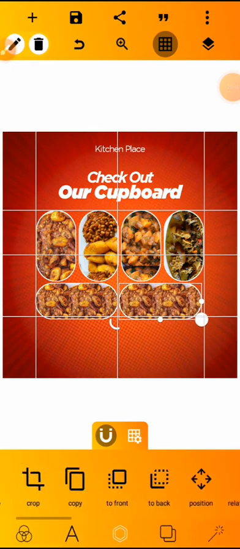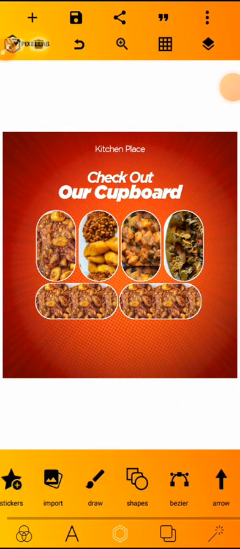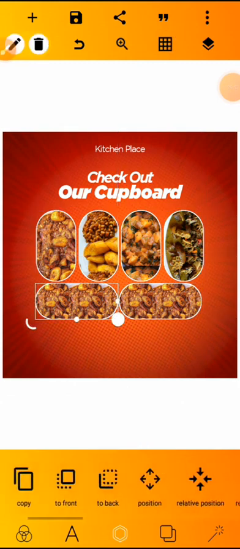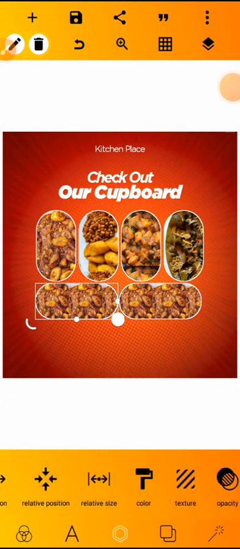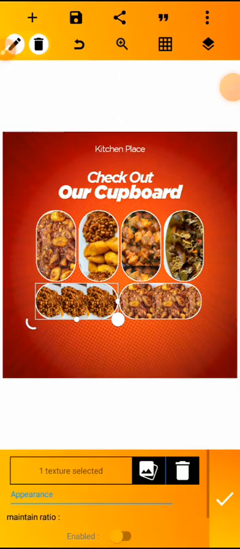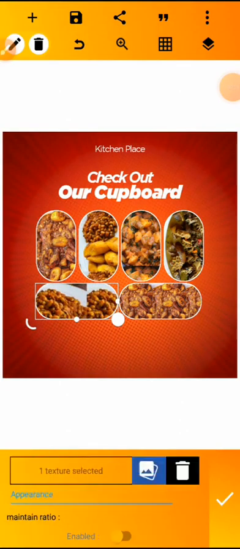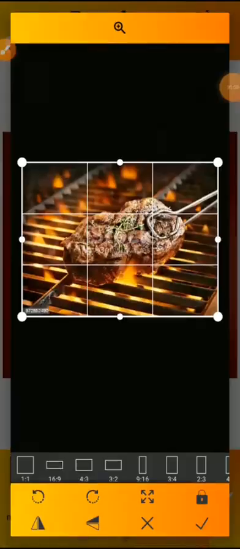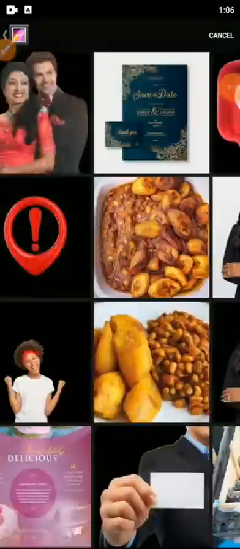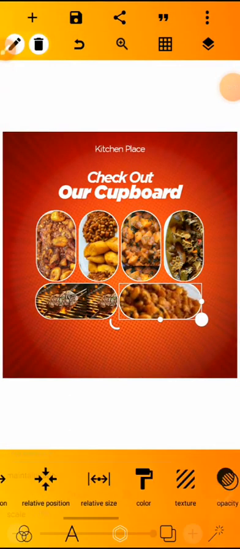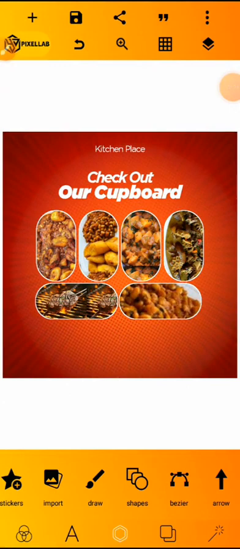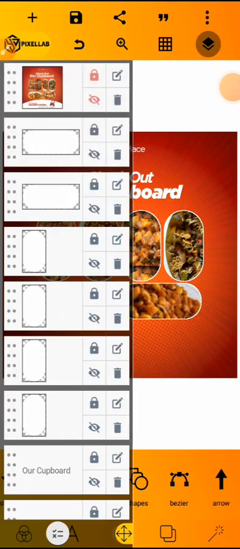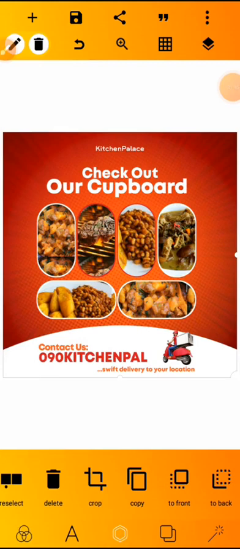Okay, the next thing is now to change the samples. Alright, so we're going to click on it, following the same procedure, then give it a texture. Alright, so this is where we are, and then the next thing is to add our footer, right, containing the